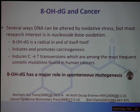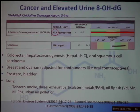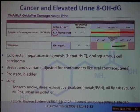So some of the cancers associated with elevated 8-hydroxy-DG in urine include colorectal, hepatocarcinogenesis, oral squamous cell carcinoma, breast, ovarian, that is adjusted for oral contraceptives, prostate and bladder cancer, and a lot of research on 8-hydroxy-DG with lung cancer, specific studies related to tobacco smoke, diesel exhaust particles that contain metals, and the polycyclic aromatic hydrocarbons, oil fly ash, which contains vanadium, manganese, nickel, and lead, which are all components of air